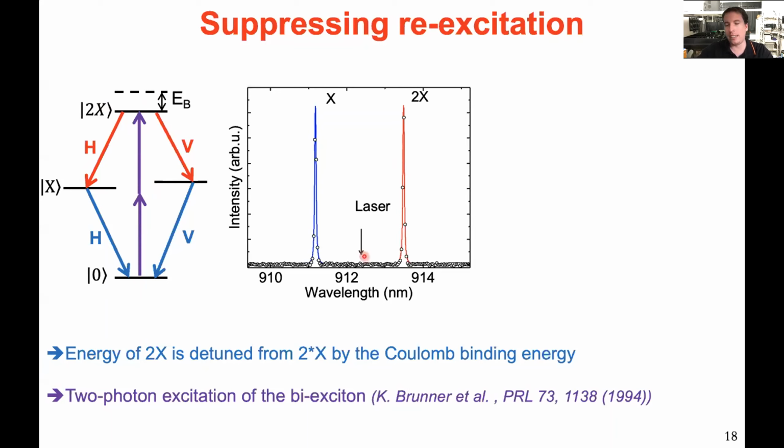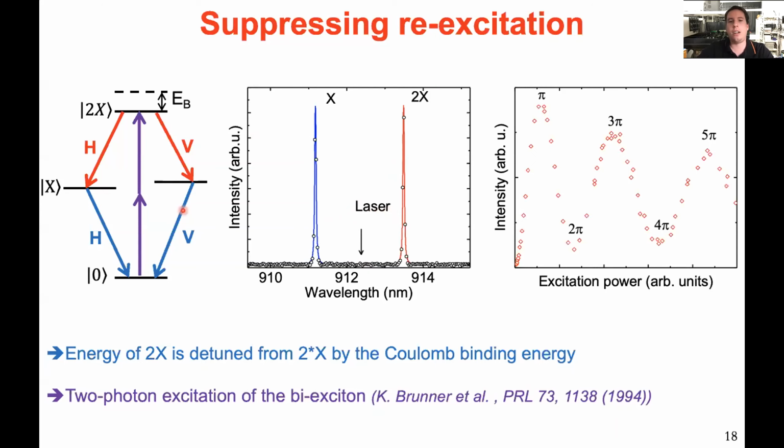And this spectra here has been filtered with polarization as well, because resonant cross-polarization is what we typically do. Now we can put the laser here. We see the luminescence of the biexciton and of the exciton. And now we can drive these 2-photon Rabi oscillations. So you can really see that we can coherently prepare the system from the ground state to the biexciton.